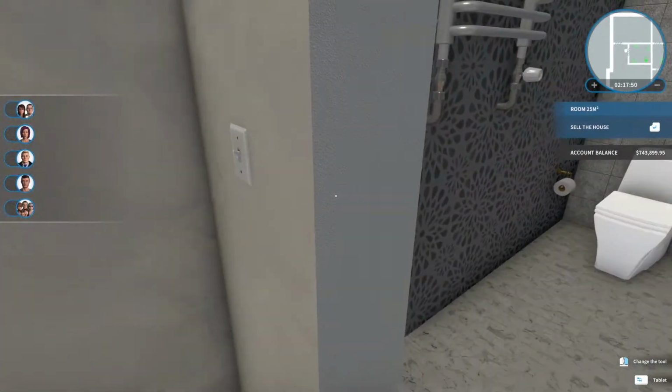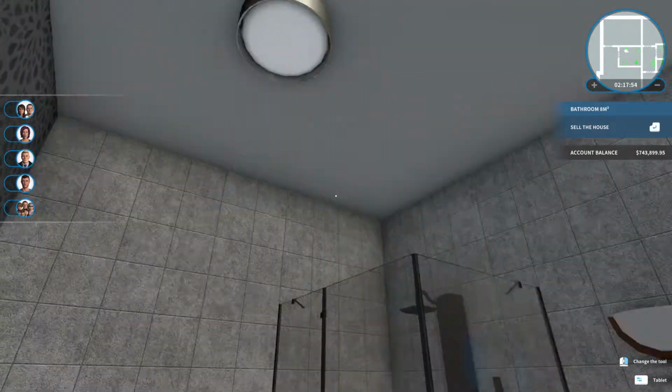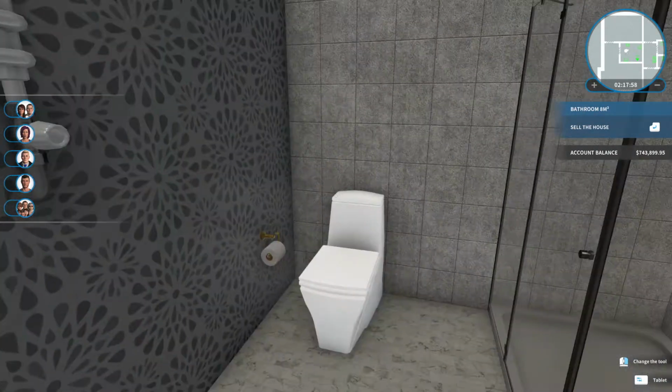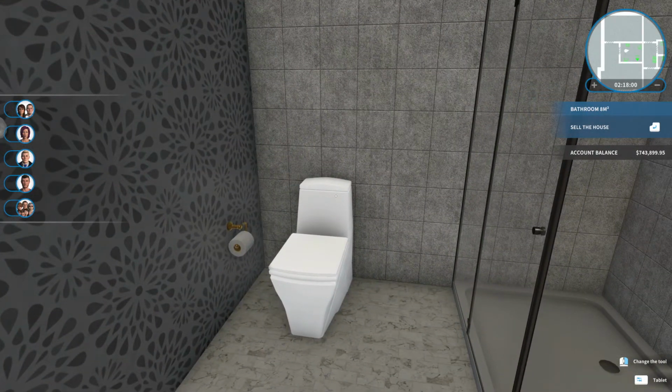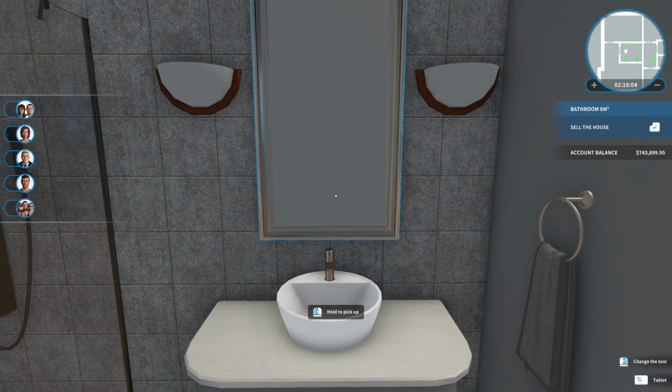Now, realistically, what you should have is two light switches, one that works these, and one that works this. That's what I have in my bathroom. There's one over the sink and one over the shower. And I turn the one over the shower on when I'm taking a shower, but otherwise I just put the one over the sink on, like when I'm just washing my hands. So,